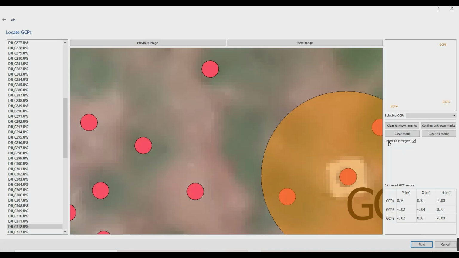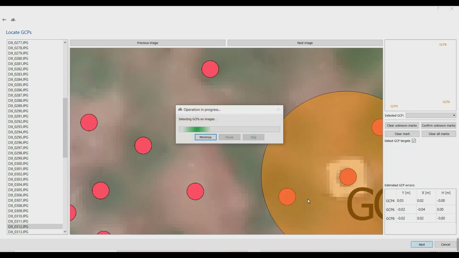I'm going to keep the detect GCP function on. What this means is that 3Dsurvey will automatically center my targets on the ground because we are making use of 3Dsurvey targets. If we weren't, obviously the function will not be relevant to the work. And if you do not tick this, it will not place the cross exactly on the target, and you'll have to do some manual adjustment. But because we did make use of 3Dsurvey targets, we'll just click on detect the GCP targets, select next,